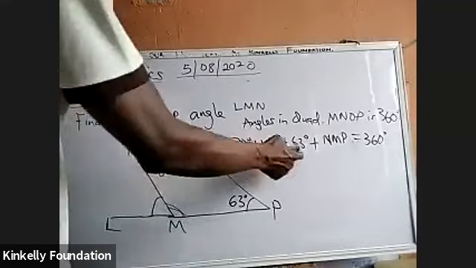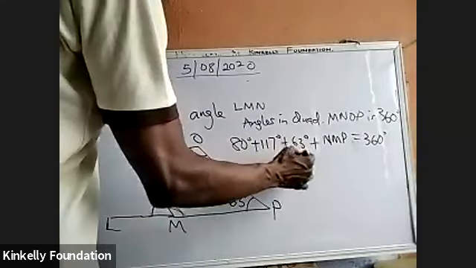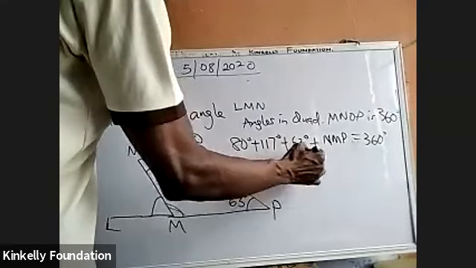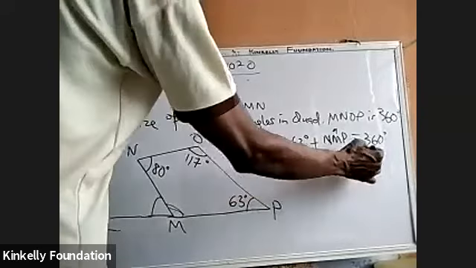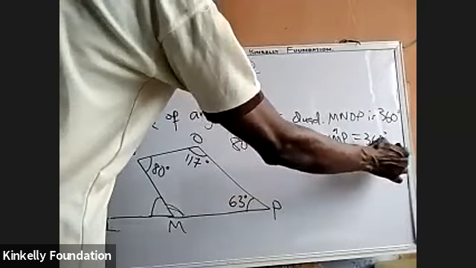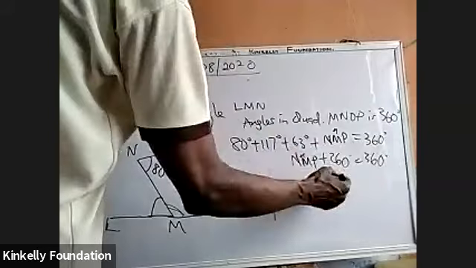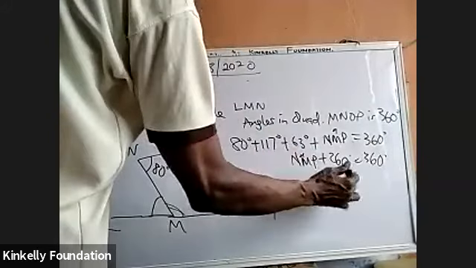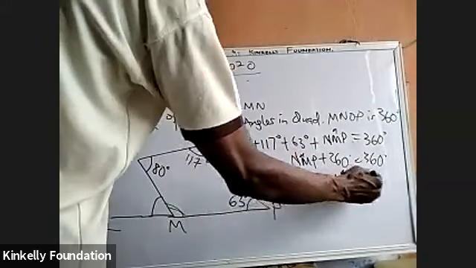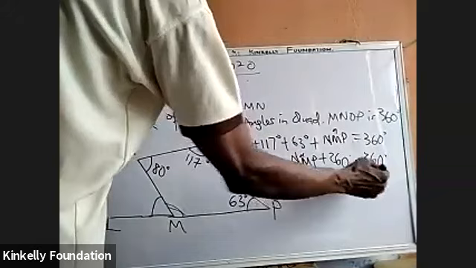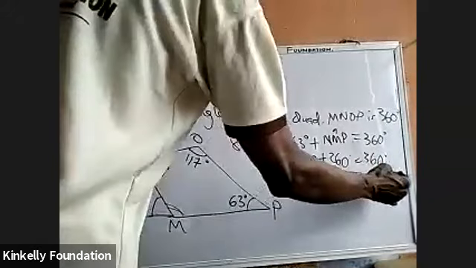Now this is 260, so angle NMP plus 260 degrees is equal to 360 degrees. So when you subtract 260 degrees from both sides, angle NMP will be equal to